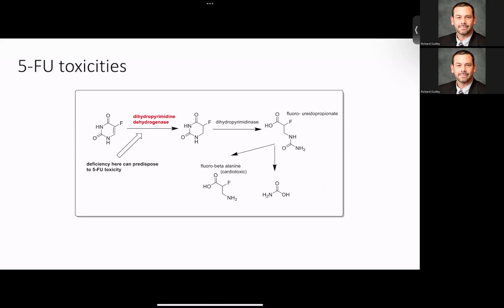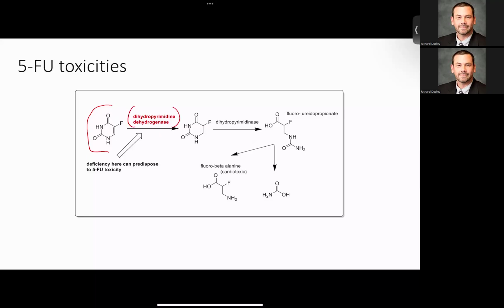So naturally, a good part of that 5-fluorouracil is going to get taken up into the cells of interest and exert its mechanism. But this leftover 5-FU that doesn't get taken up into the cell needs to go somewhere. The body has to do something with it. And one mechanism that the body has to metabolize and inactivate 5-fluorouracil is through an enzyme called